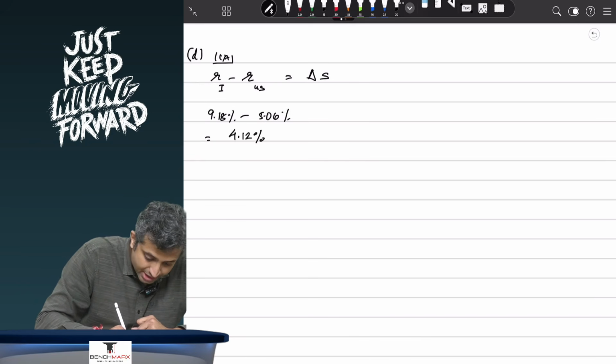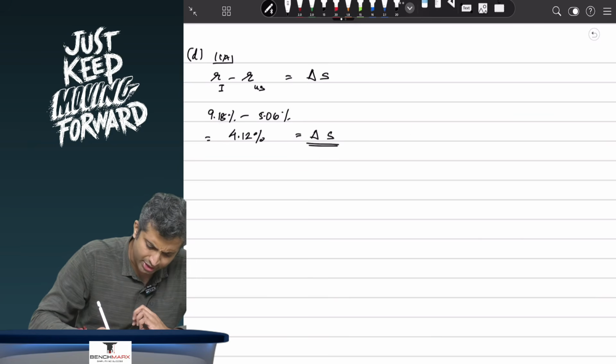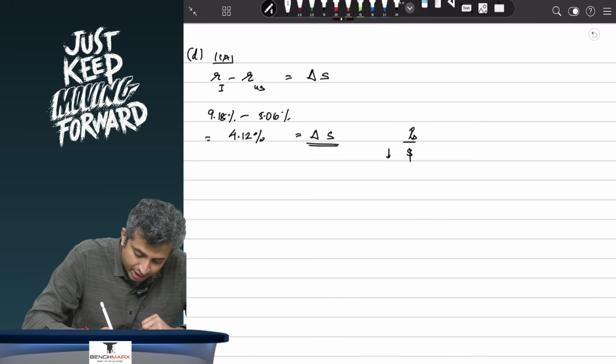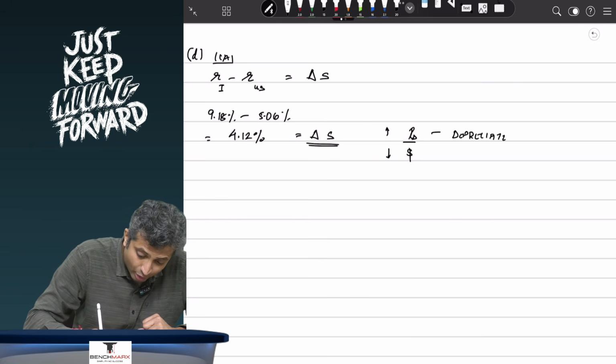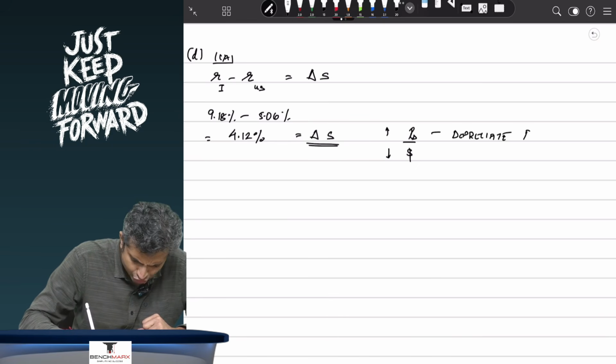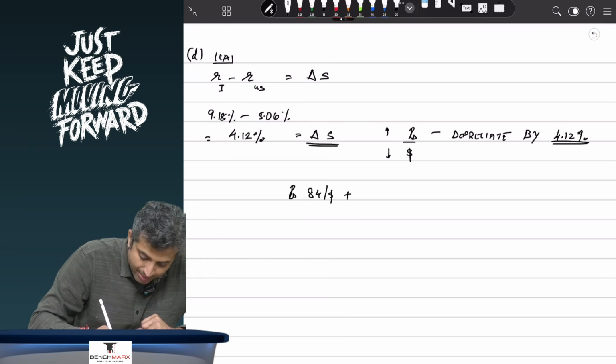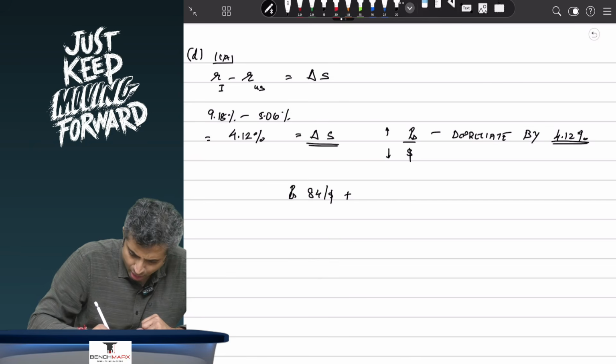So basically the change in the spot rates is likely to be 4.12%. Now the rate is given as rupees per dollar. So over here the interest rate in dollar is lower, the interest rate in the rupees is higher, and hence the rupee will depreciate against the dollar by approximately 4.12%. So this is what Fisher kind of says, that if your current rate is rupees 84 per dollar, it will depreciate by around